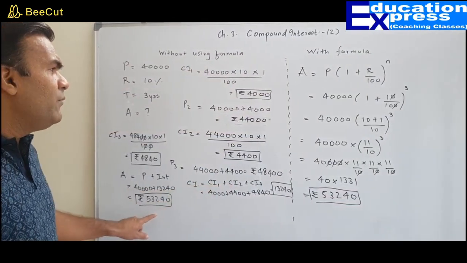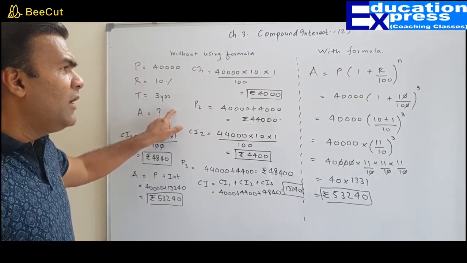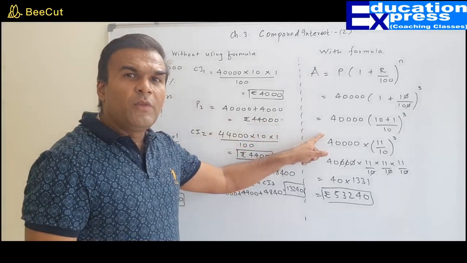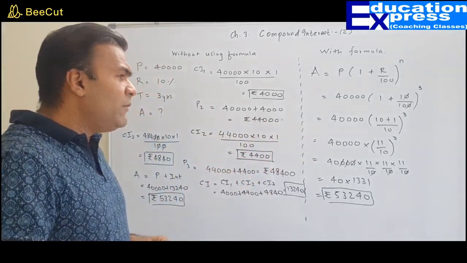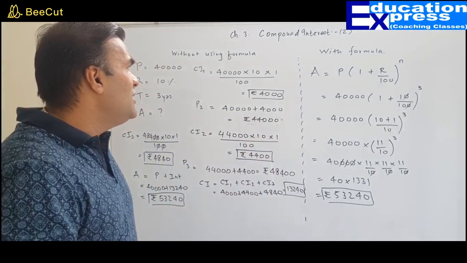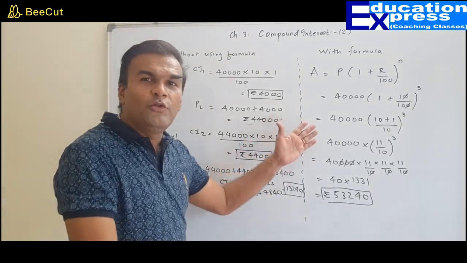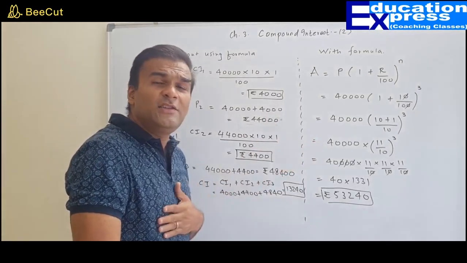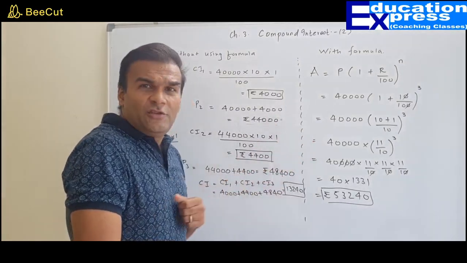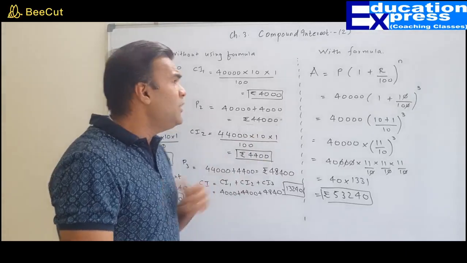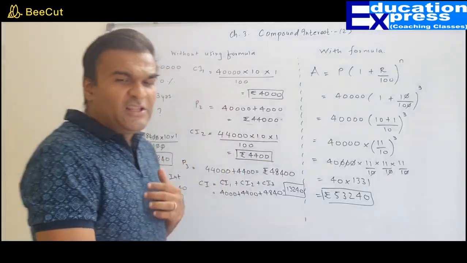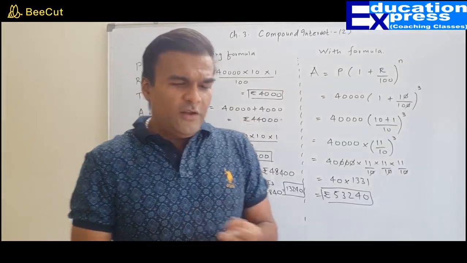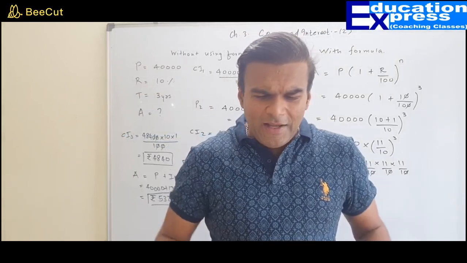Exactly the same. This was without using the formula. This is using the formula. Now, what is the point of differentiation? You can say, sir, now I'm going to use only this. Sir, this is superlative, this is fantastic, this has an edge. I can do it so fast, I don't have to go through all these things. But trust me, I'll tell you the difference between the two in a very systematic and simple way.